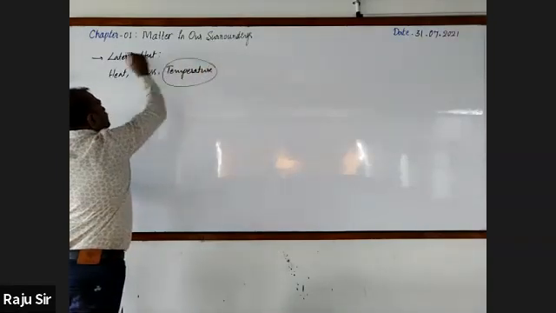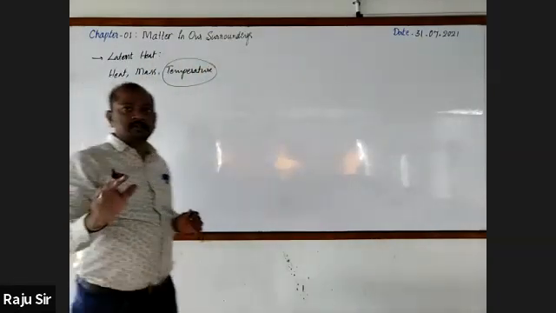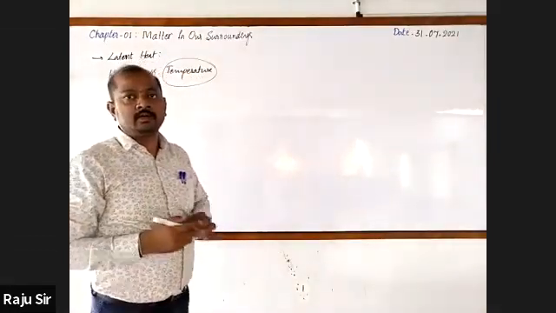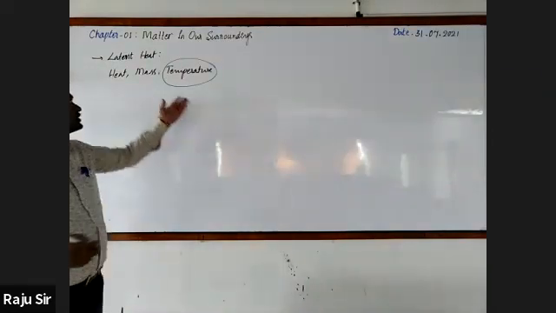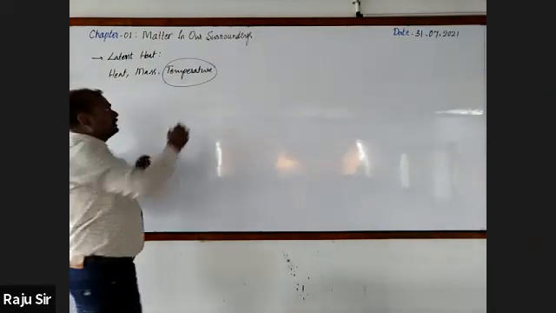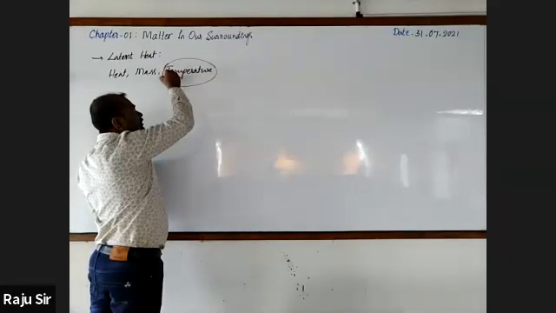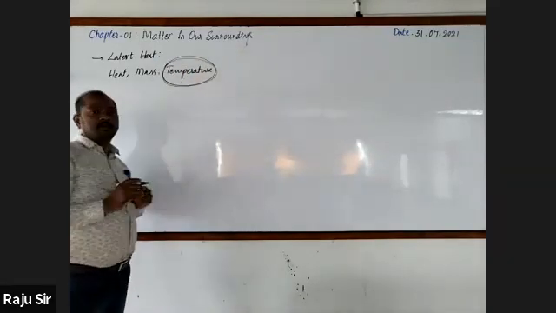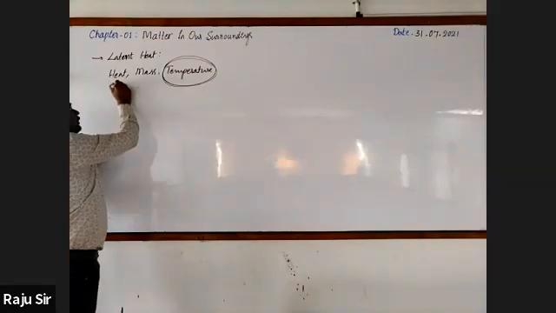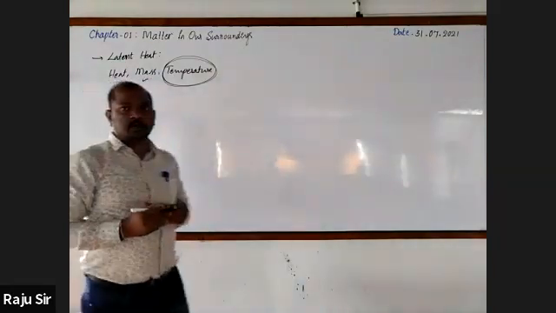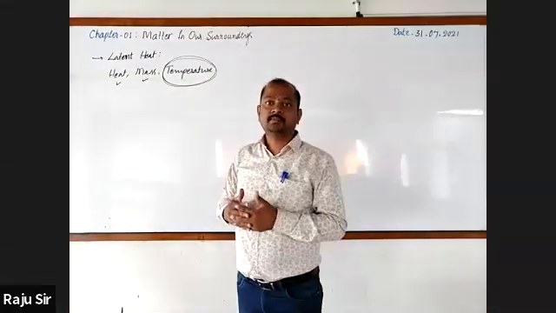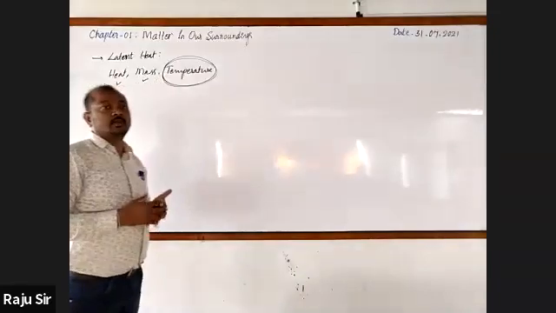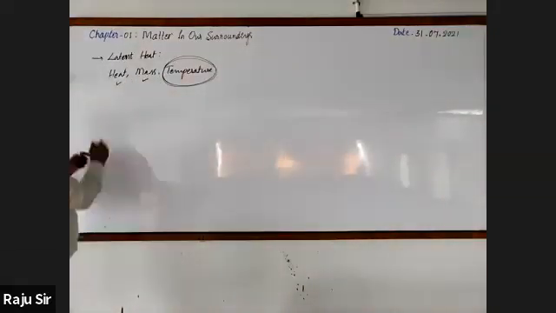And we know that latent heat is nothing but the quantity of heat required for changing the state of a matter from one state to another state without increasing the temperature. During the conversion, the temperature remains constant. Hence, we will take these two physical quantities: one is heat and second one is mass. Using these two physical quantities, we can write the formula to find out latent heat.